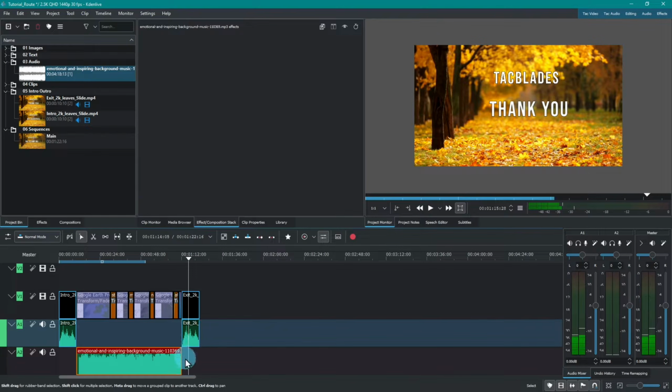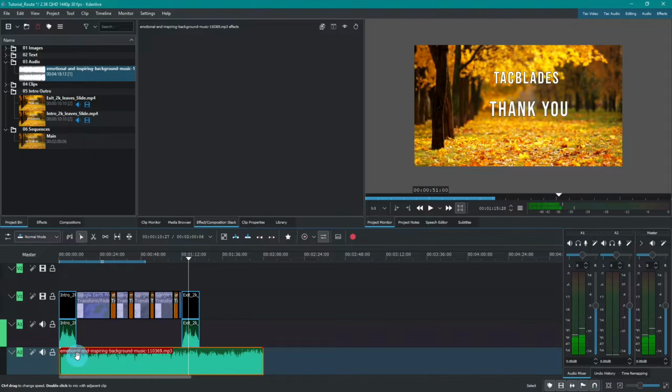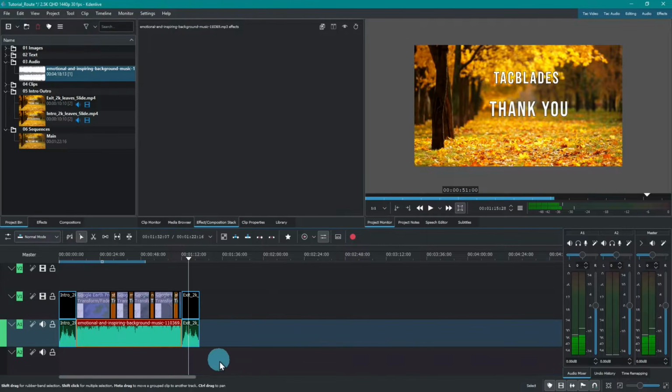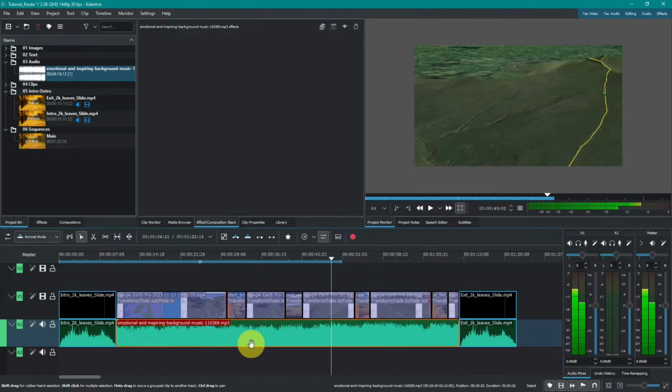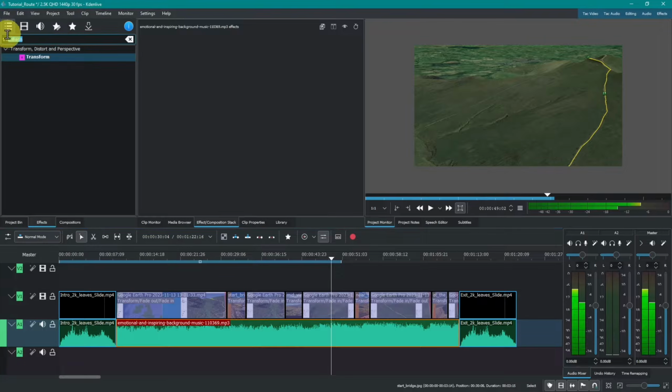Actually, let's take that back out. Let's move it a little bit. Truncate the front and truncate the end. Then we can put it in. And then this will probably be too high volume, so we want to change the volume on this. So you just want a gain. We do a simple gain. So go into effects, type in gain, or maybe